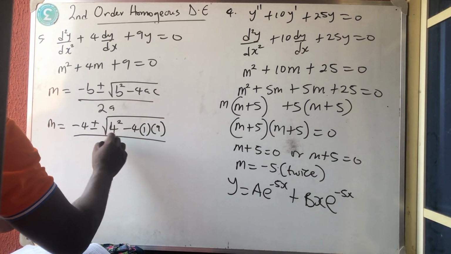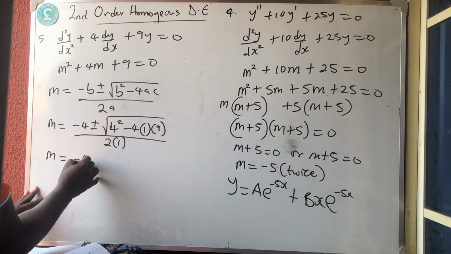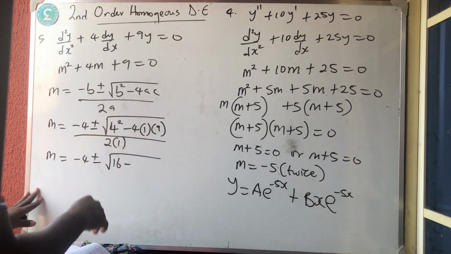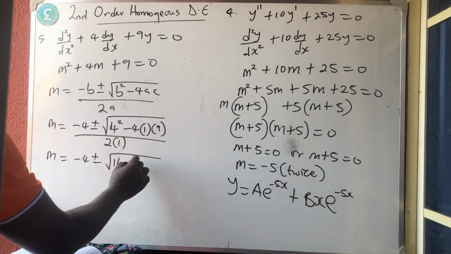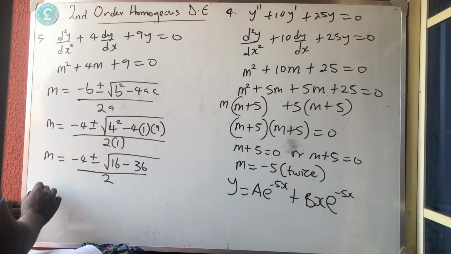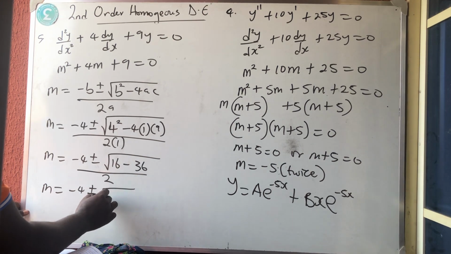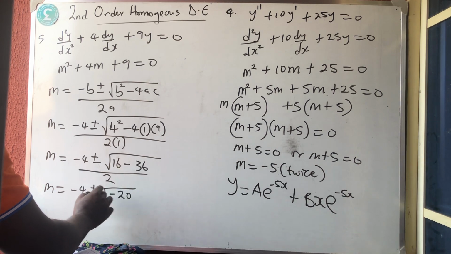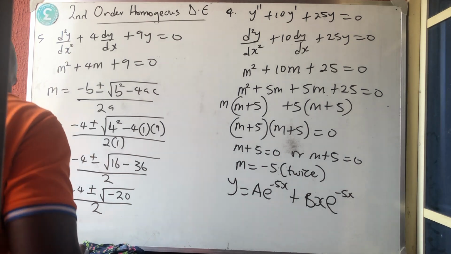Okay, everybody over 2 bracket, my a is 1. So I'm having that m is equal to minus 4 plus or minus the square root of 16 minus, I think it's 36, right? Yes, 36. Okay, all over 2. So I'm having that my m is equal to minus 4 plus or minus the square root of 36 minus this is 20. So I'm having minus 20 all over 2. So if you look at this very well, you will see that